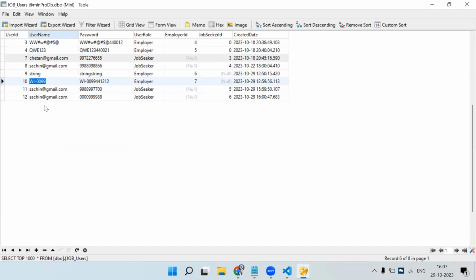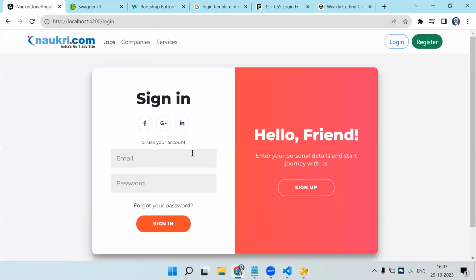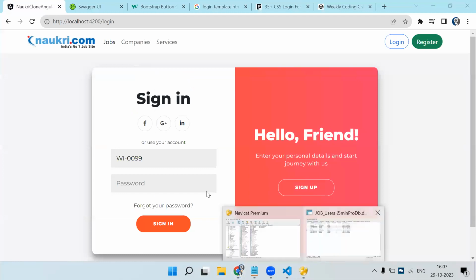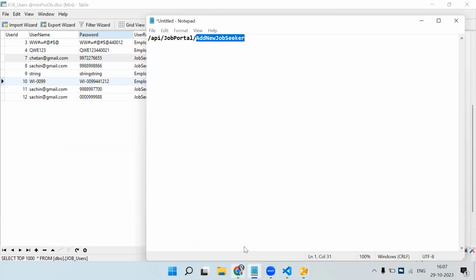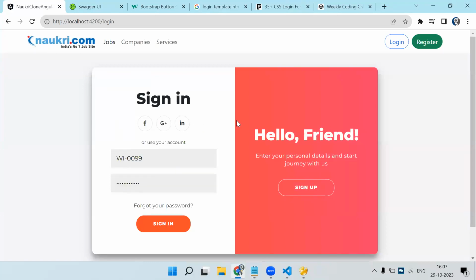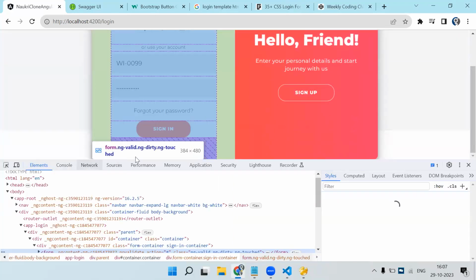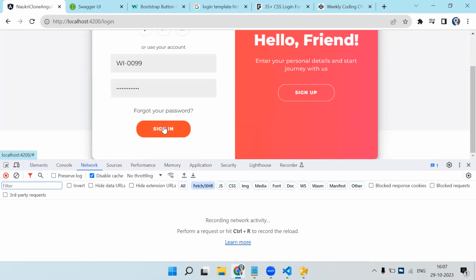This was the user for Wipro we have created, right? So this was the username. So let's try this. Username and password is this. It was a combination of your GST number and the mobile number for employer. So when you register, you will get that message like this will be your username and this will be your password, right? So on click of sign in,